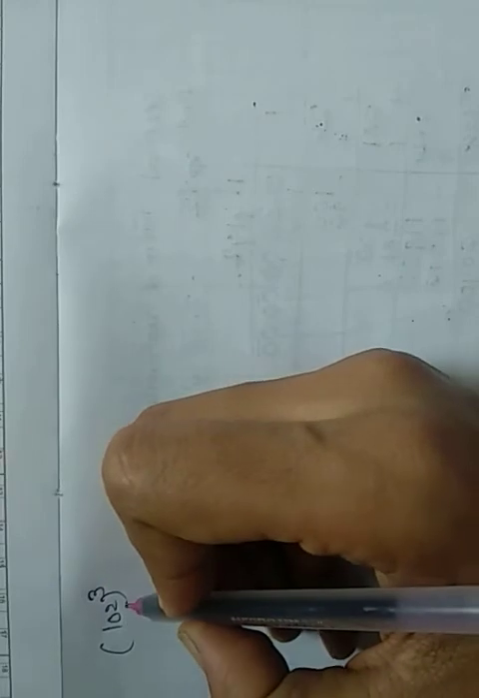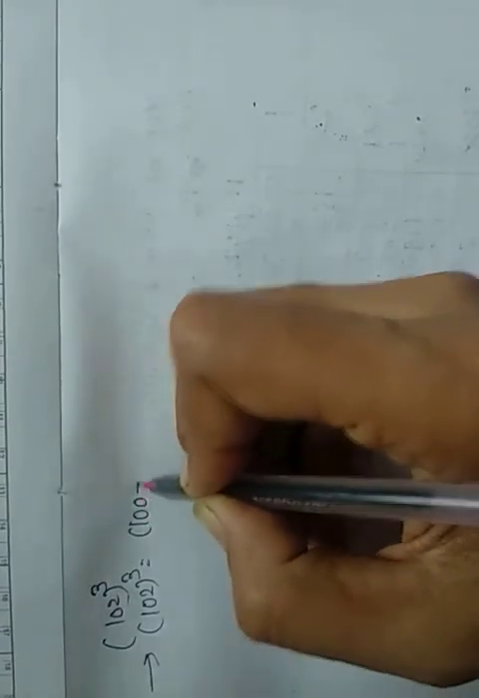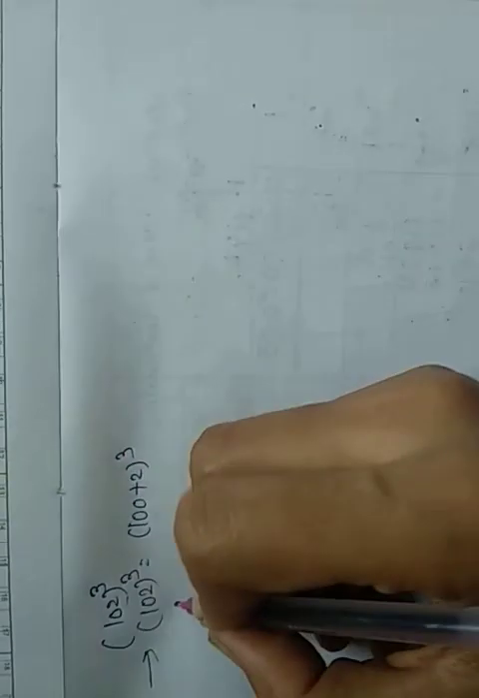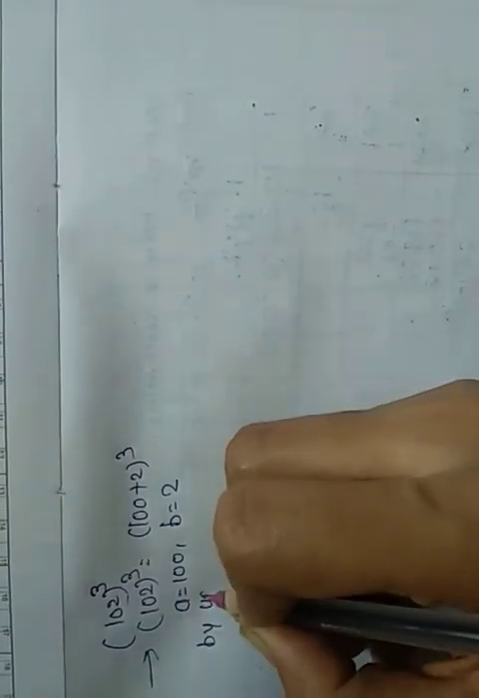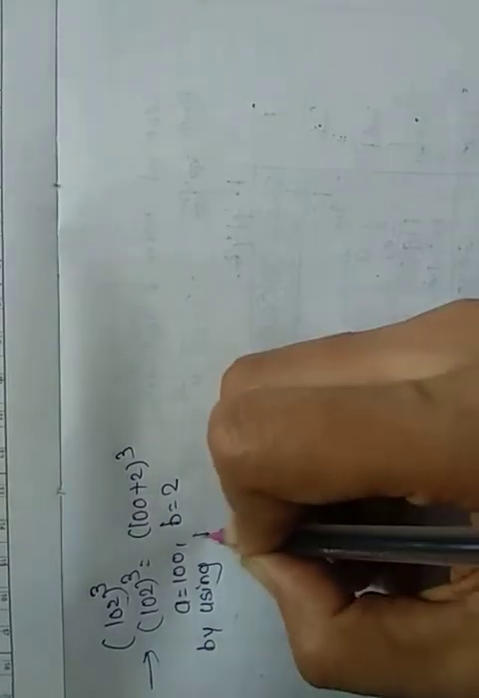Okay, let's see the answer of 102 bracket cube. Here first expand this number. 102 bracket cube means (100 plus 2) bracket cube. Here the value of A is 100 and value of B is 2. Now by using